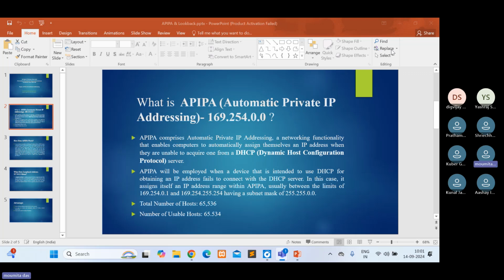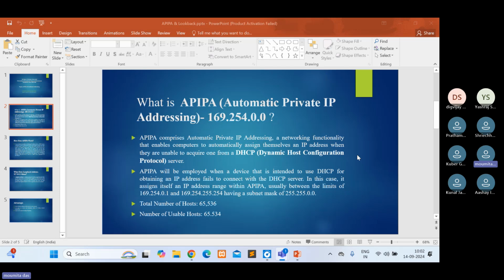What is APIPA? That is automatic private IP addressing, which is noted as 169.254.0.0. APIPA comprises automatic private IP addressing, a network functionality that enables computers to automatically assign themselves an IP address when they are unable to acquire one from the dynamic host configuration protocol server.